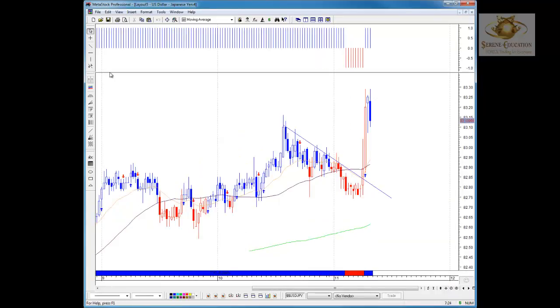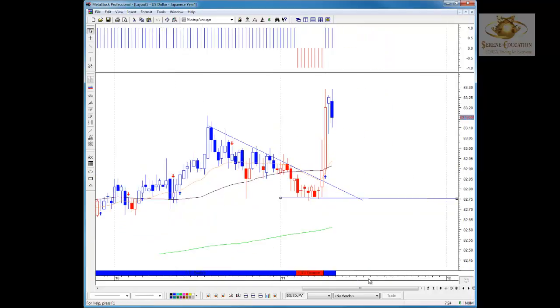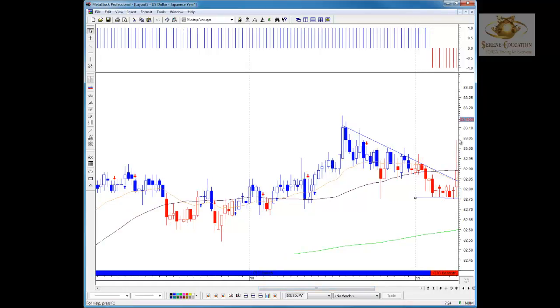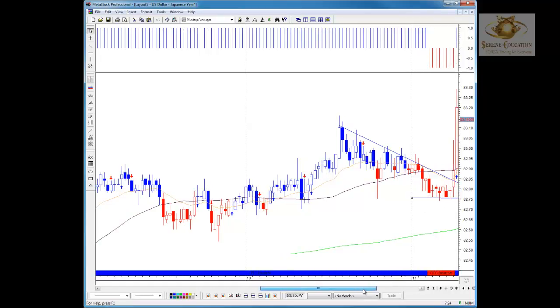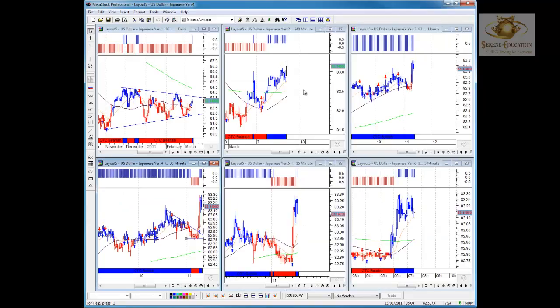Okay, so if you'd woken up and you'd seen the swings and the consolidation, you'll notice that if you put in a bottom on this at, if I'm not mistaken, around the 82.75 mark, you would have wanted to see price break lower than that, and then an up candle shooting up and really trailing. This is primarily because of the news that's filtered out now about the actual earthquake in Japan. However,